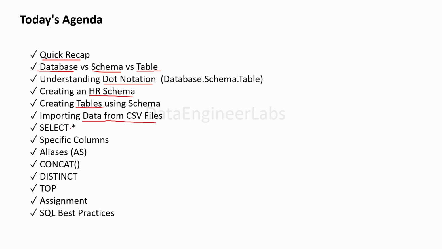Finally, the majority of this episode we will spend in mastering the select statement, where we will learn how to retrieve data, how to select specific columns, how to use aliases and the benefits of aliases, how to combine data using concat, how to remove duplicates using distinct, and how to limit our results using top. Then we will wrap up this episode with hands-on assignments and data engineering best practices, which you can start applying